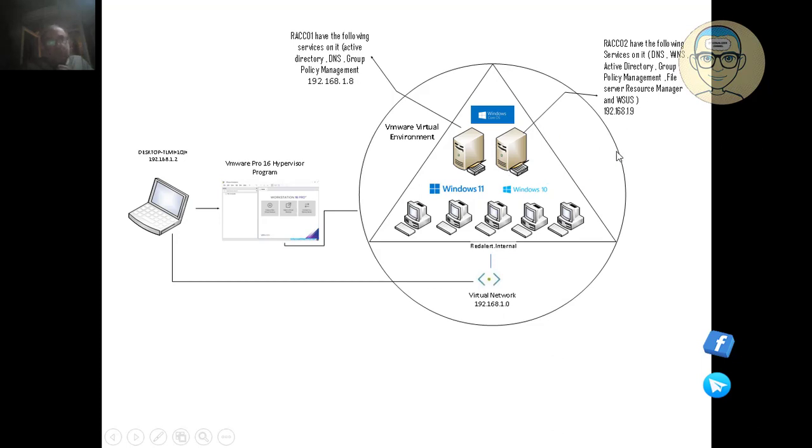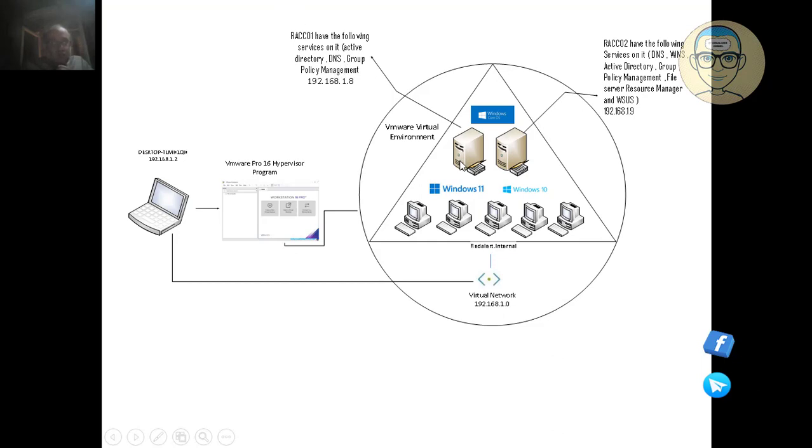Okay, so this is one of the things, but here because I am working on limited hardware, I have put all of these roles on one server. Also, in production you don't have a lot of servers, so you can install more roles beside the domain controller, but the only condition I recommend is